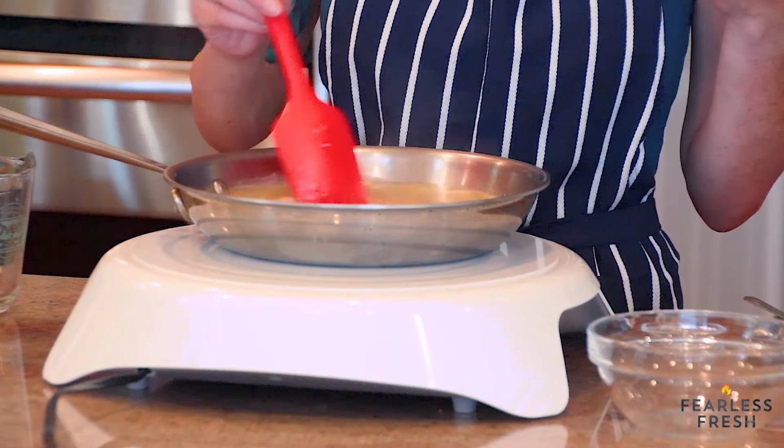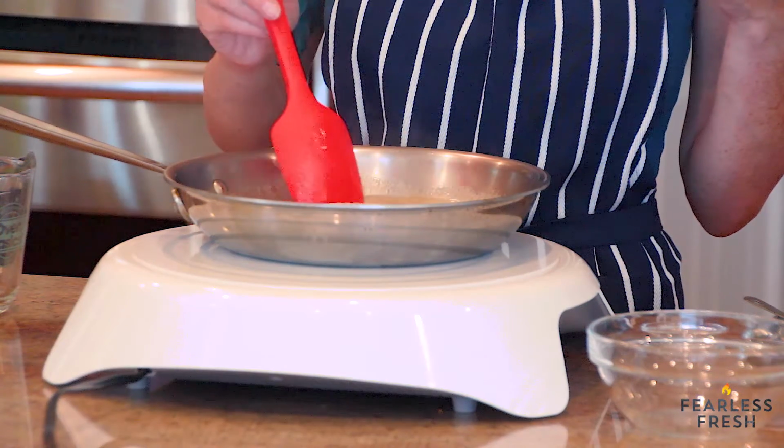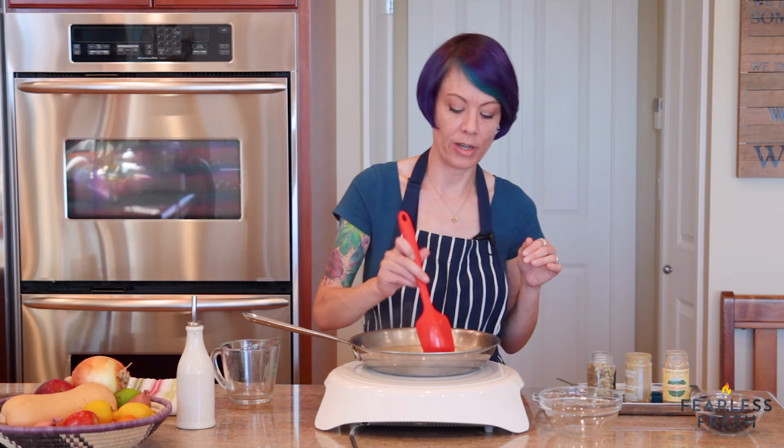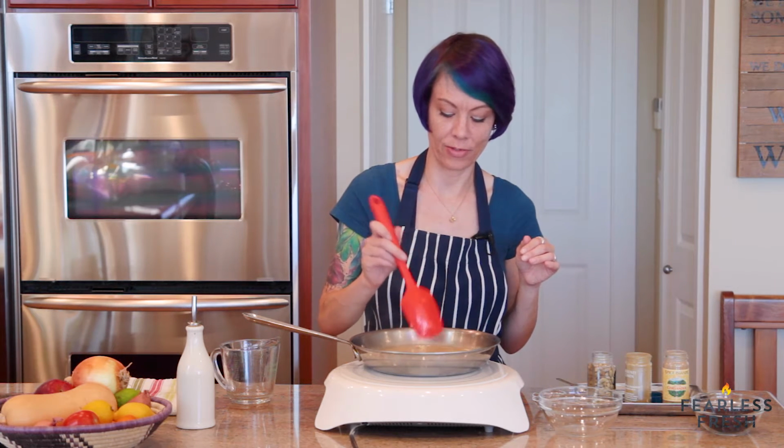And then what we're gonna do now is we're gonna bring this to a boil. Once it comes to a boil, we're gonna remove it from the heat and we're gonna cover it and let it sit. But before we cover it, we're gonna add probably my most favorite part of this rice pilaf. And you can leave this part out if you don't like,